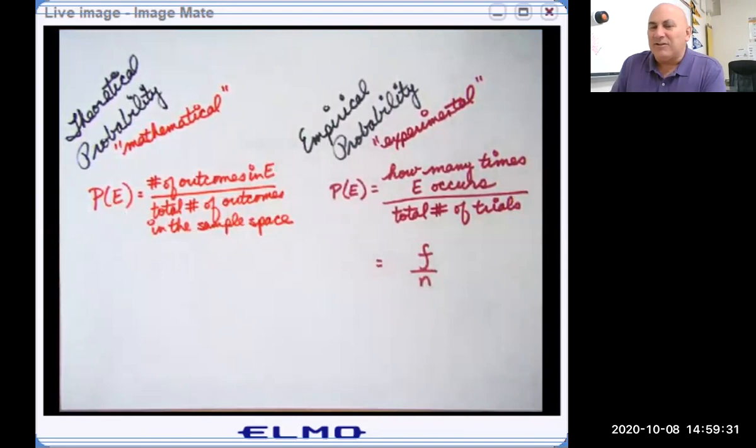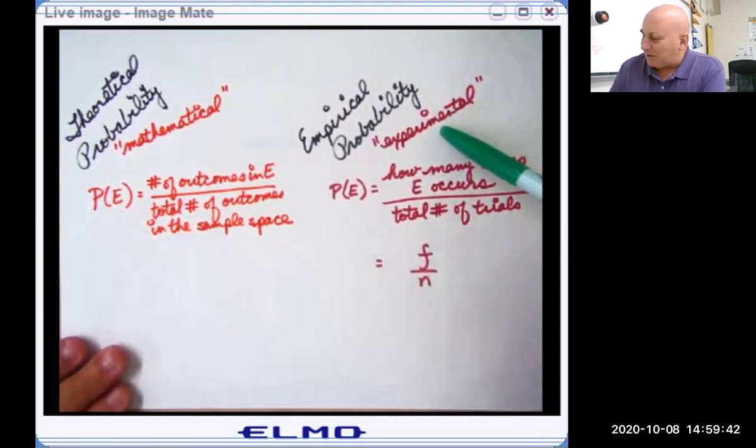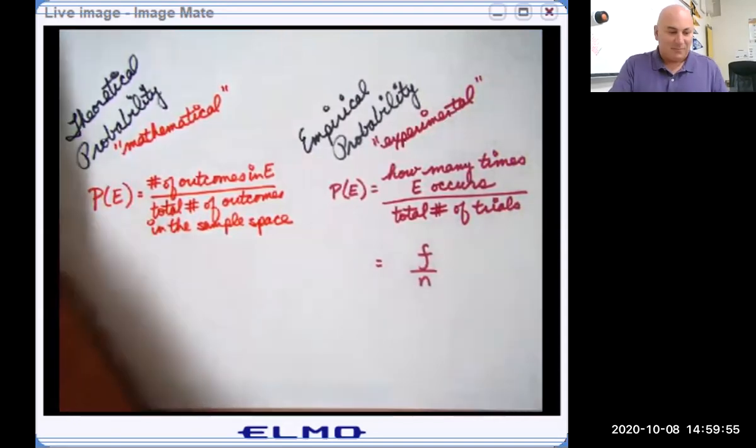But let's say my problem was not quite that easy. Then maybe I need to do some experiments and come up with experimental probability. So maybe I'd roll a die a whole bunch of times. I'd see how many times event E occurs, or in this case, how many even numbers I roll, out of the total number of trials. And it turns out that this is really, really cool